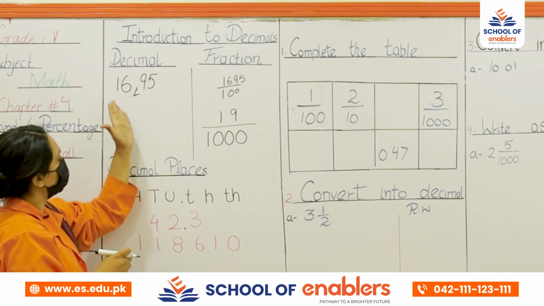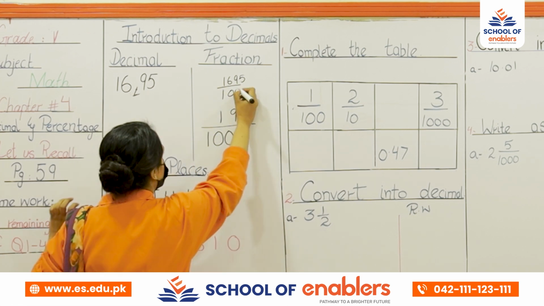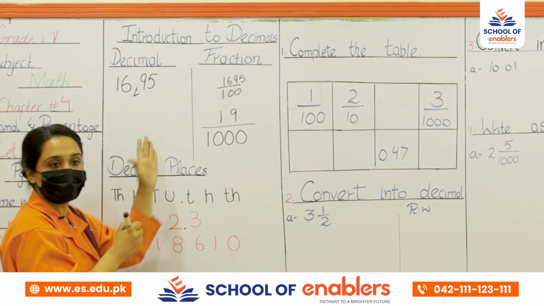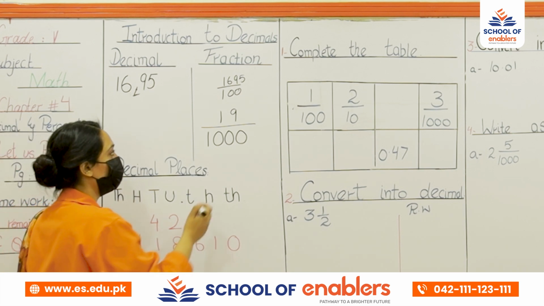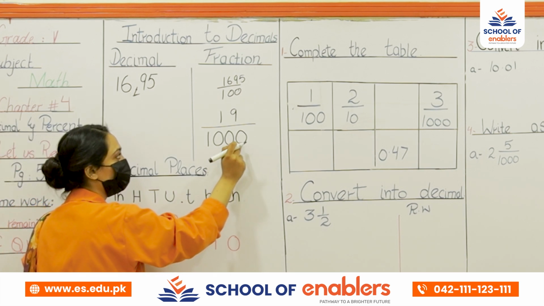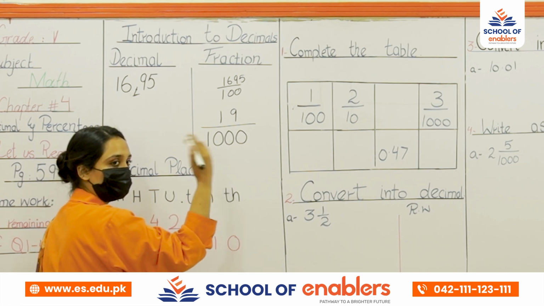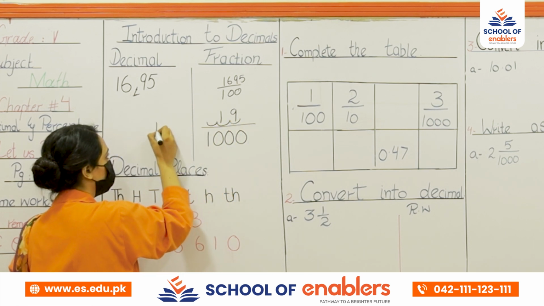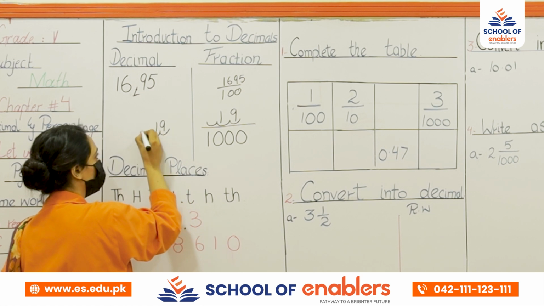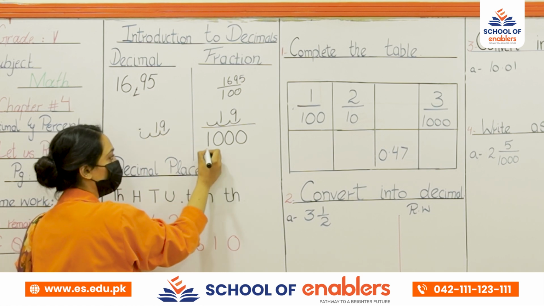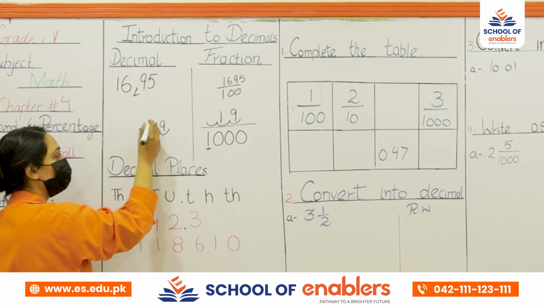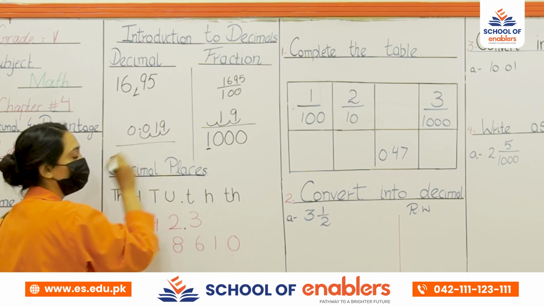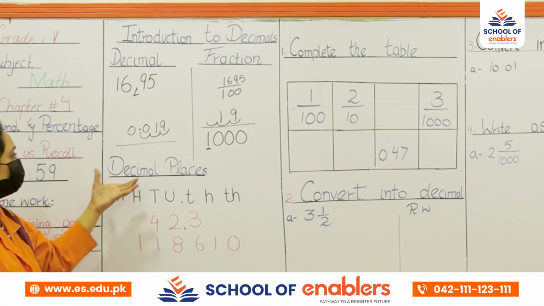Okay, now that you have seen the comparison between the decimal and the fraction, we have to change a fraction into a decimal. For this we will use the jumping method. How many zeros do we have? We have 3 zeros. So we will take 3 jumps, like 1, 2, 3. So it's 19, 1, 2 and 3, and then we will mark the point instead of 1, and where we have an empty space we will put 0, and now we are good to do our question. So next, decimal places.